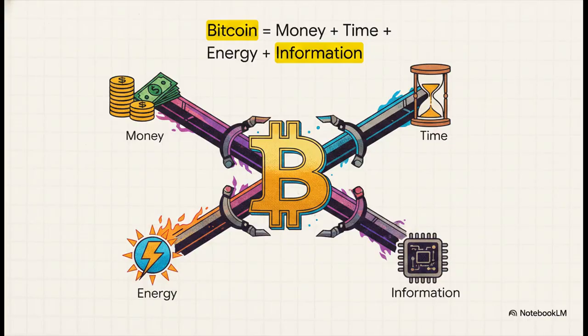So we return to the completed equation. Bitcoin equals money plus time plus energy plus information. It's not just an app, guys. It's not just a digital coin. It's a revolutionary network where pure information is ordered by an unbreakable decentralized clock, which is in turn powered and secured by the undeniable laws of thermodynamics and physical energy. These 4 fundamental forces lock together to create a system of value that operates completely independently of any human authority.